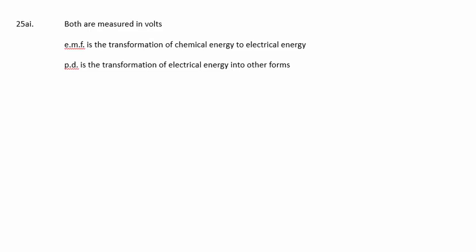energy into other forms. In part 2 we're asked to calculate the mean drift velocity of the electrons when the current in the resistor is 3.0 milliamps. Well, using the equation I = nAve, current is equal to charge carrier density times cross-sectional area times drift velocity times the charge on the electron, we can rearrange as v = I/(nAe), and then with the values, I is 3.0 times 10 to the minus 3 amps,